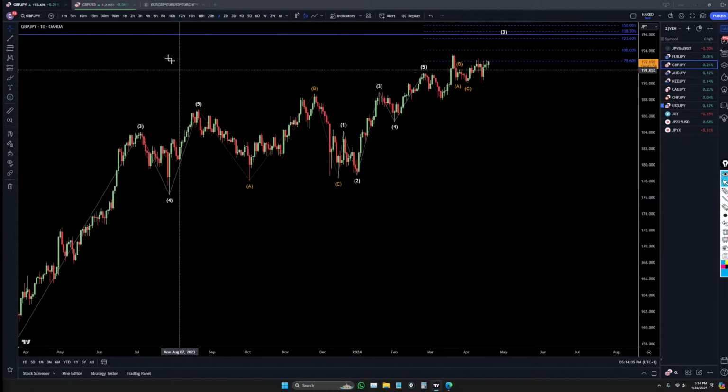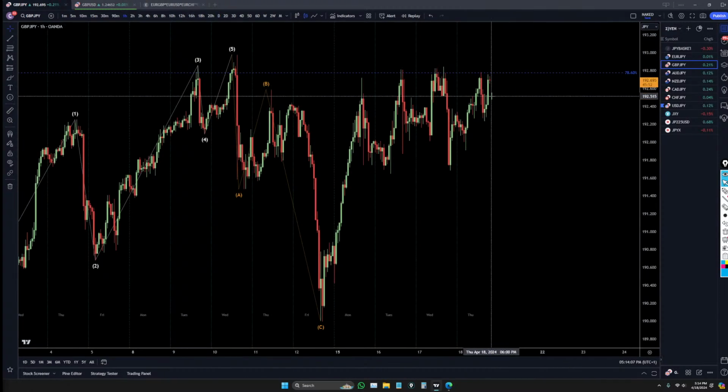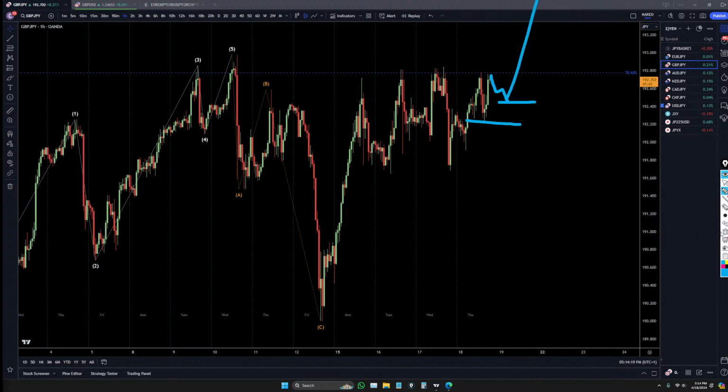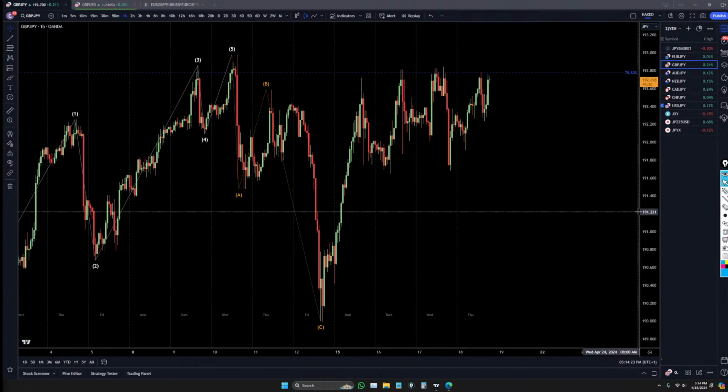So, anyways, long story short, we are at a fib level. If it goes down and breaks structure, then you can become a seller. If it doesn't break structure and starts to make a pullback, that's not going to make me a seller because it could just make a higher low and blow through this fib level. Like I said, my target on the pound yen is right around the 196 area. So I definitely think there's a lot going on.